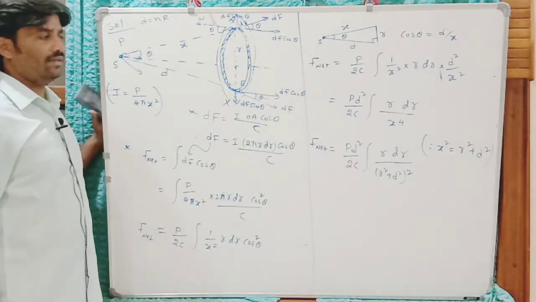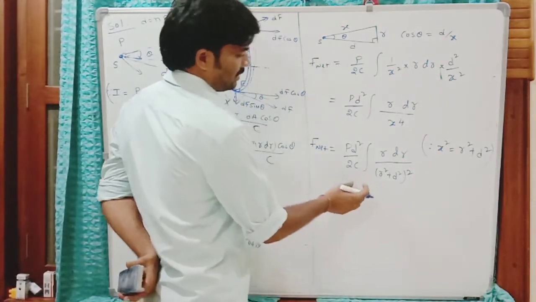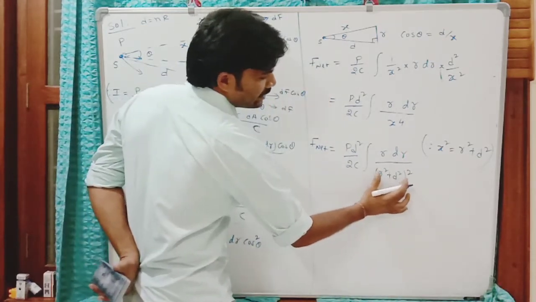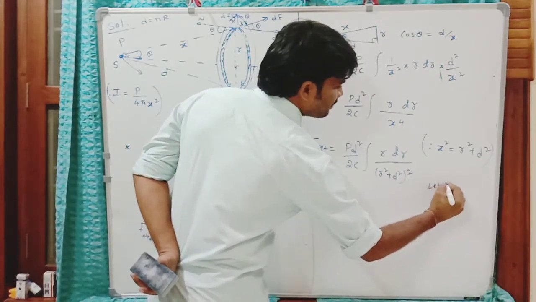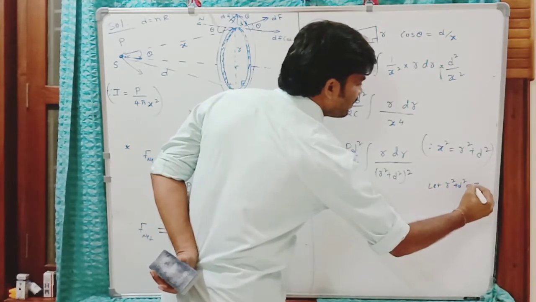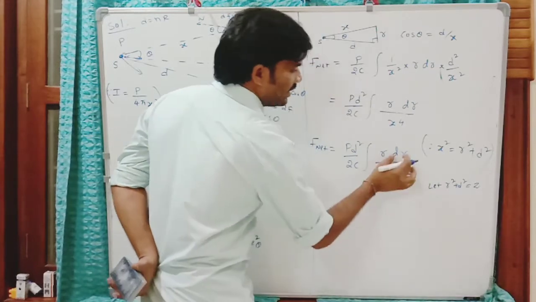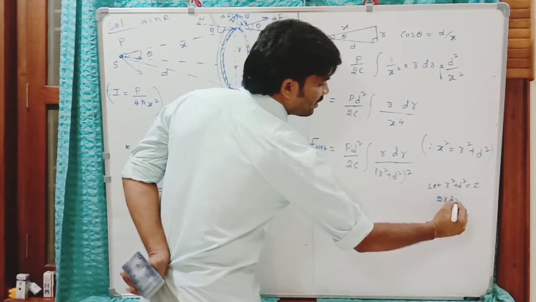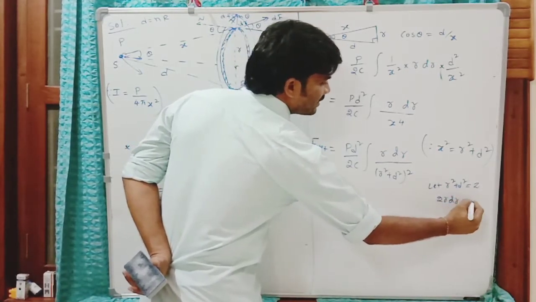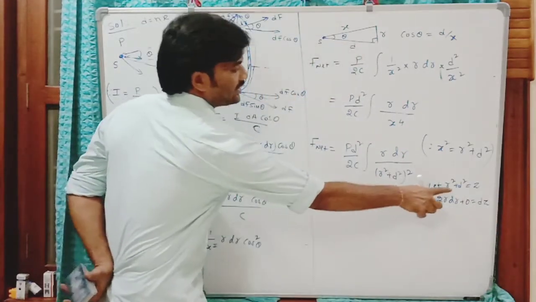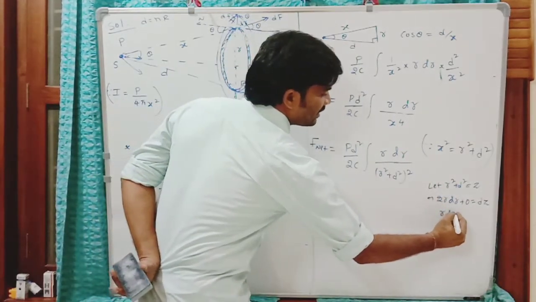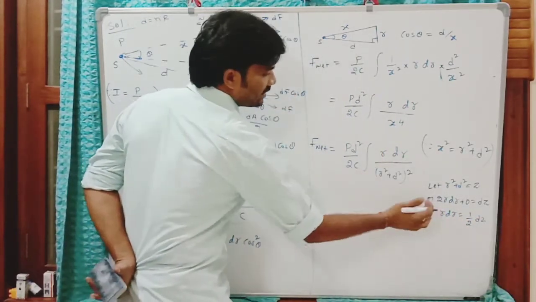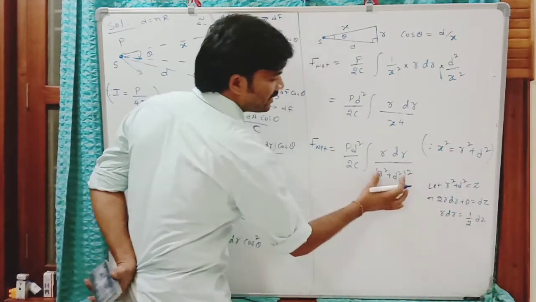Clear up to that? Now you can see for integration of this, for simple integration, let us treat this term in the denominator within the bracket as z. So let r square plus d square is equal to z. Then for dr, differentiate this on both sides. Differentiating this gives 2r dr, and the differentiation of d square is 0. This is equal to dz. So r dr is equal to 1 by 2 dz. Now instead of this r dr, you can write 1 by 2 dz, and this is z.